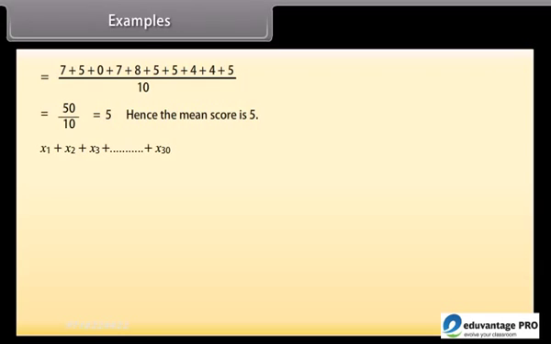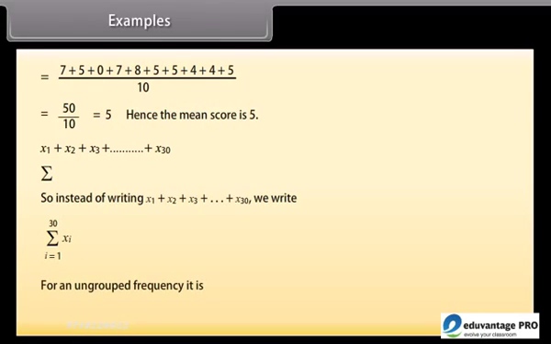If the observations are large, for example, up to x30, then it would take a lot of time to calculate the mean. To solve such problems, we use the Greek symbol sigma for summation. So instead of writing x1 plus x2 plus x3 and so on till x30, we write it in this way, which is read as the sum of xi as i varies from 1 to 30. For an ungrouped frequency distribution, it is